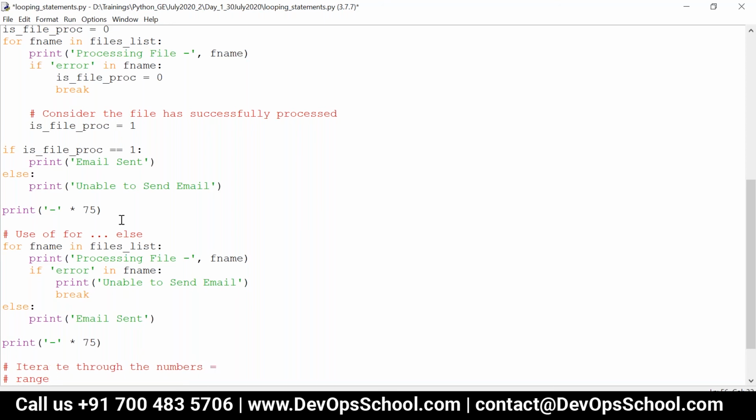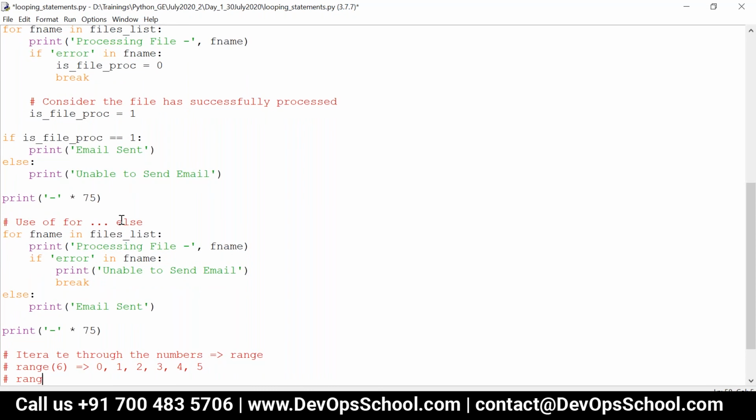If I say range of 6, it starts from 0 and goes till 5, that is 6 minus 1. If I say range of n, it goes from 0 to n minus 1.